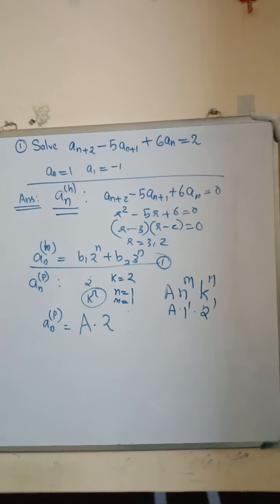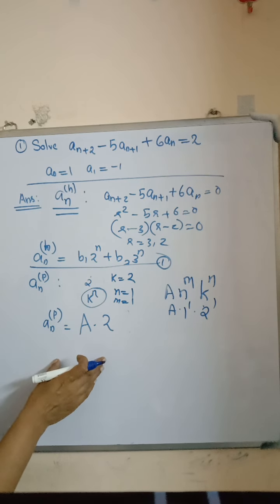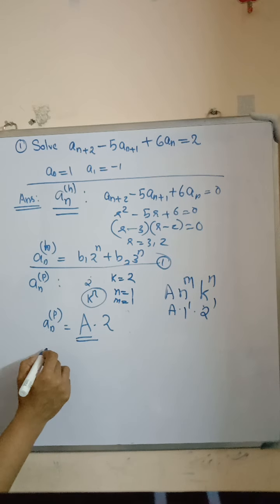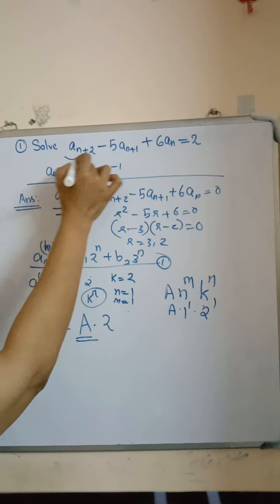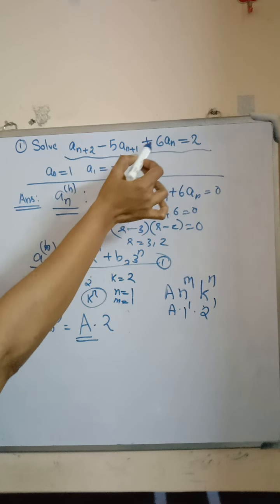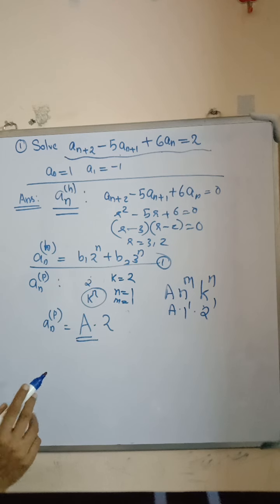So the solution 2a is the particular solution. Now we want to find this constant a. So the given recurrence relation is a n plus 2 minus 5 a n plus 1 plus 6 a n is equal to 2. Substituting the value of a n,